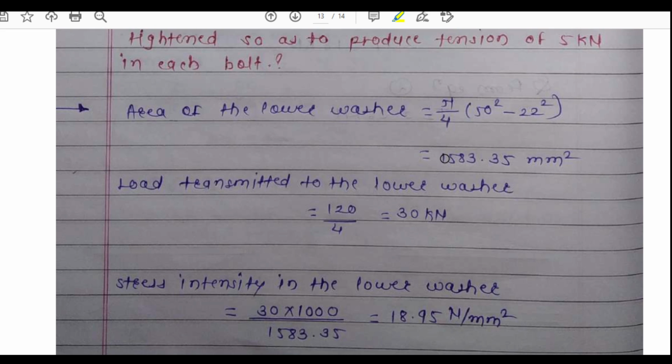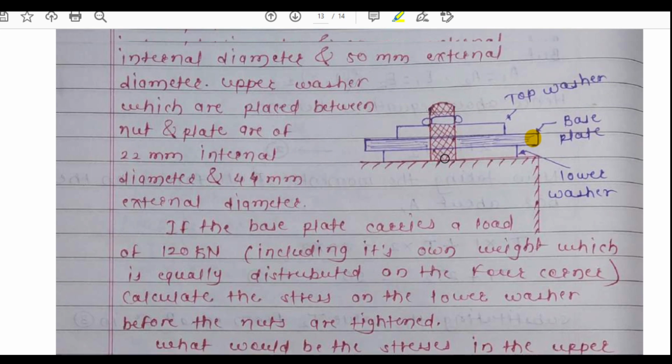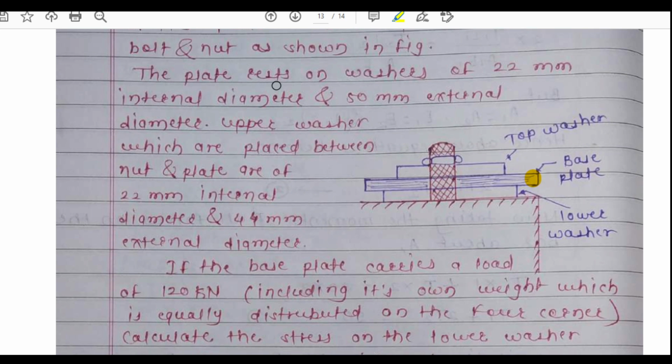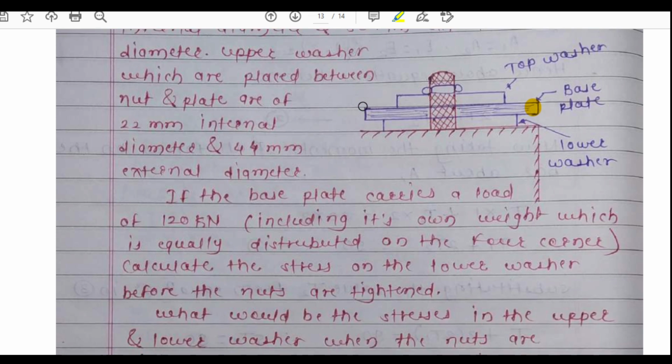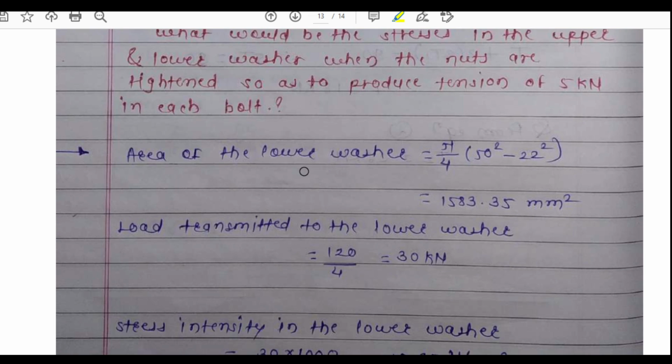The area of lower washer we can find out by using pi by 4 d square. Okay, but for lower washer they have given the dimensions here. Internal is 22 and external is 50. So d will be 50 square minus 22 square. Area of lower washer will be pi by 4 into (50 square minus 22 square), and the load transmitted to lower washer will be,